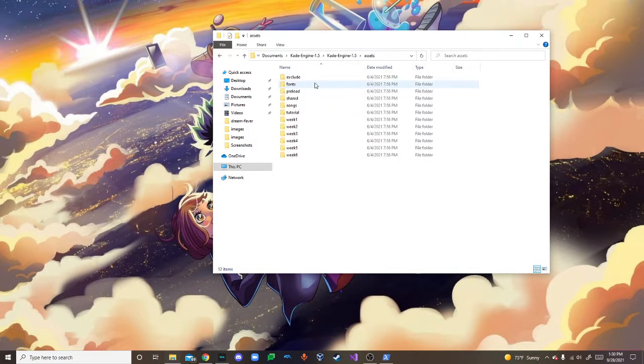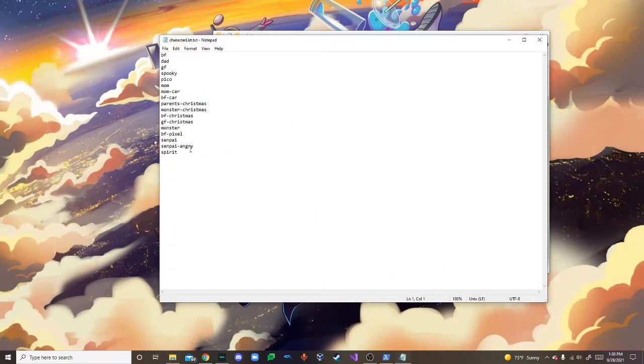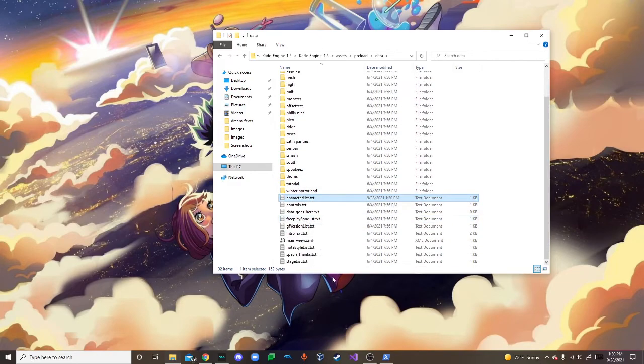You go to assets, preload, data, scroll all the way down, go to character list.txt or text, however you want to say it. Put your character's name in all lowercase. All right, then you hit save. And then